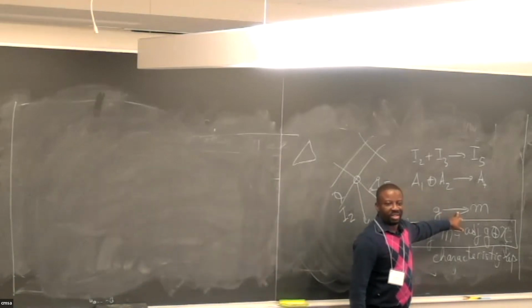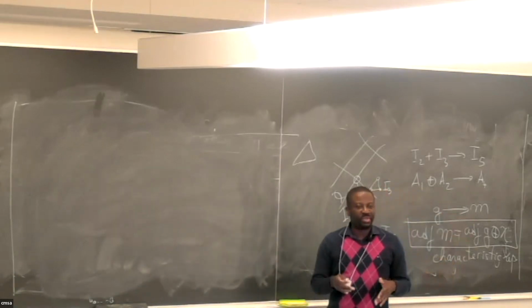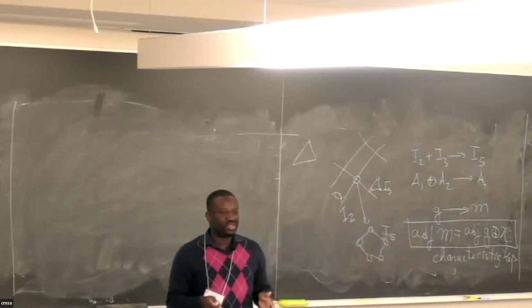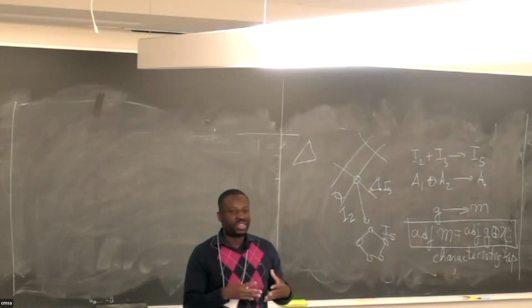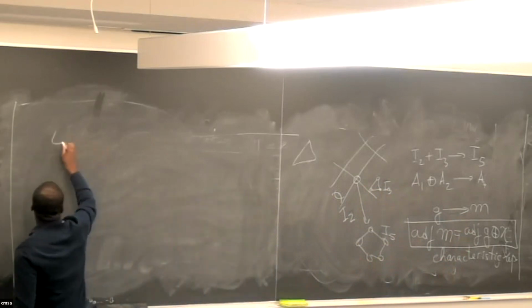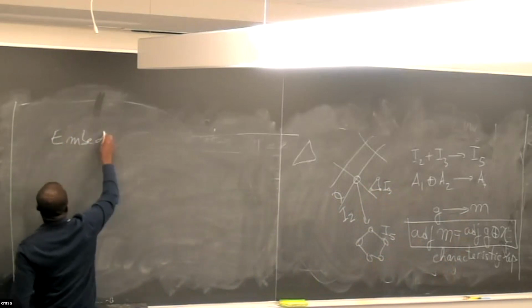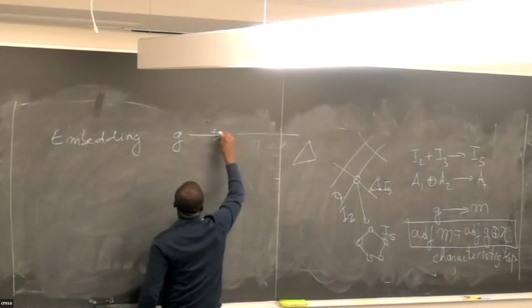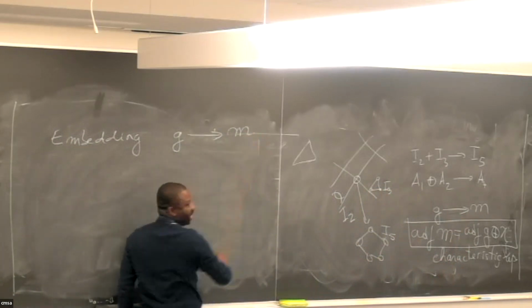If you give me a Lie algebra and you tell me that one is inside another, what does it actually mean? It means you're thinking about an embedding. So you should consider embeddings